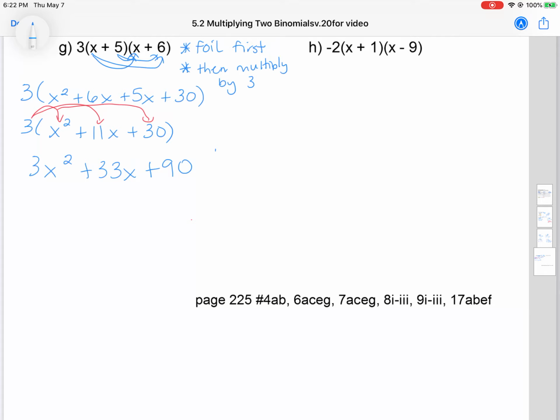And this one, you just have to be careful. It's the same thing, FOIL first, but then when you multiply, the 2 is negative, okay? So negatives always change the signs and mess things up. So x times x is x squared. X times negative 9 is negative 9x. 1 times x, again, I'm going to write the 1 in there just to emphasize, and then 1 times negative 9 is negative 9. So then negative 2,